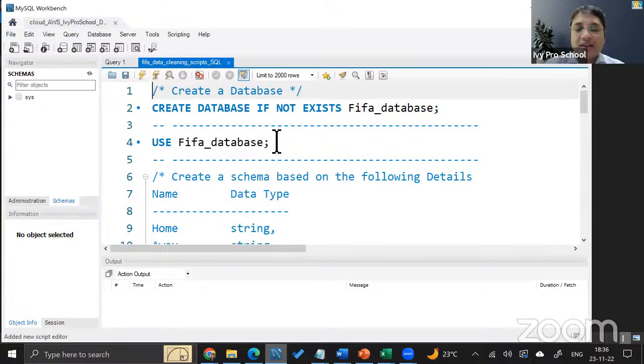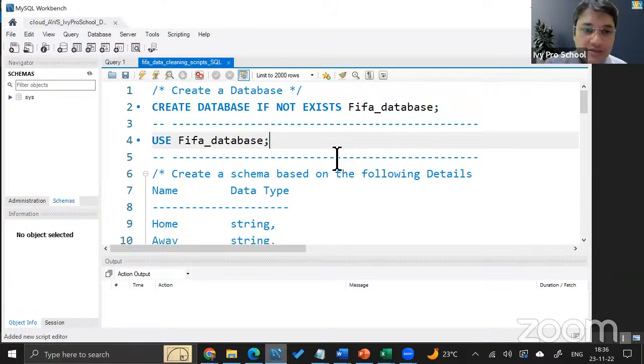Whatever SQL scripts we create using MySQL Workbench, when you save them, they get saved with the extension .sql. But remember, this .sql is just like a text file. You can actually open it in a text editor, Notepad, on your machine as well. Since it is formatted to write SQL in MySQL Workbench or similar database clients, that is why the extension is there. But it can be read in Notepad also.